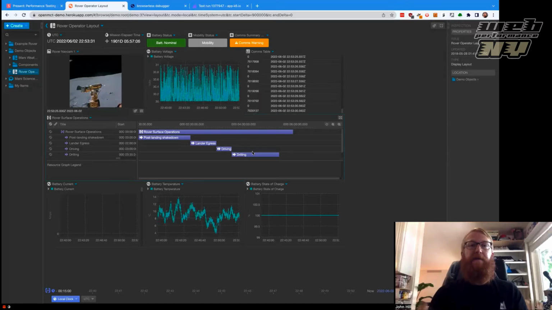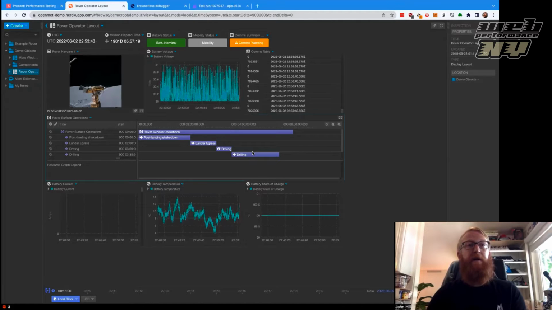And again, all of this is browser-based, and you can see why performance would matter, right? This is mission-critical stuff, mission-critical software running inside of a browser. And so, I'm going to switch back over